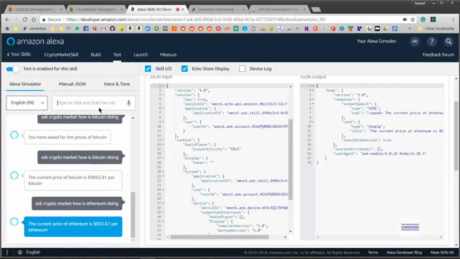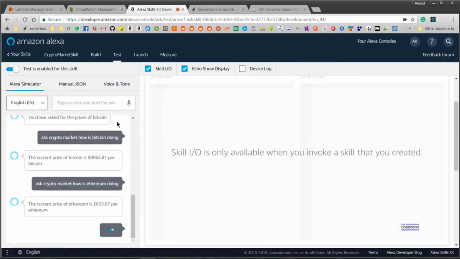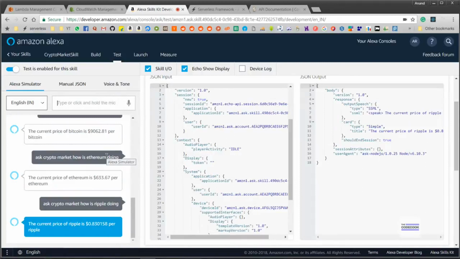The current price of Ethereum is $633.67 per Ethereum. Okay, not bad. Let's check one more time for Ripple. The current price of Ripple is $0.830158 per Ripple. Cool. Of course, you can make this a full-fledged portfolio app and ask a user about their investments